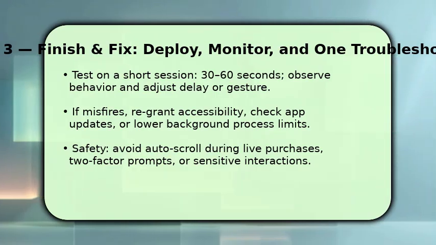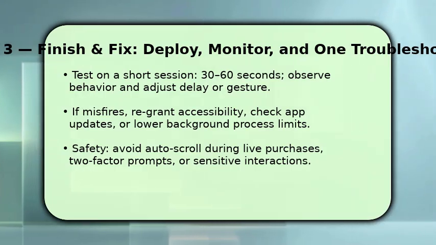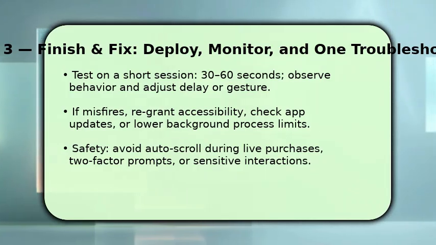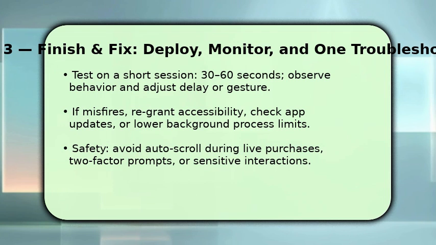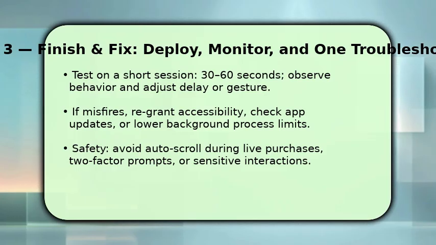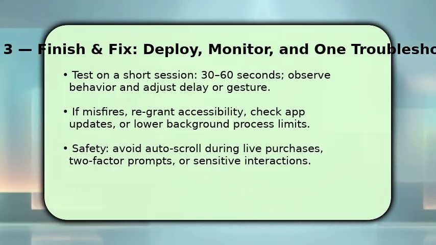If posts skip or media won't play, make adjustments. Increase delay, change swipe distance, or toggle the smoothness parameter. When issues persist, re-grant accessibility permissions, ensure the Instagram app is up to date, and remove battery optimization limits that might kill the automation. One key troubleshooting tip: if the automation interacts with login or purchase prompts, stop immediately and